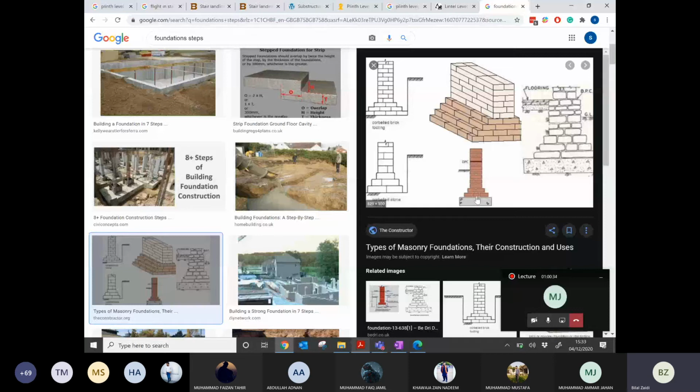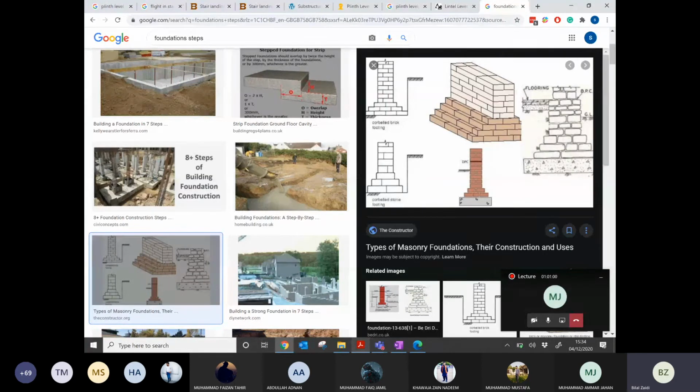If the soil is stronger, then we can provide less wide foundations. If we have a weak soil, then we have to provide wider foundations. So the foundations transfer the load to the underneath soil. Right in front of you is an example of a stepped foundation, in which on the bottom portion there is concrete, maybe plain cement concrete, or sometimes, if the soil is weak, we have to provide reinforced cement concrete.